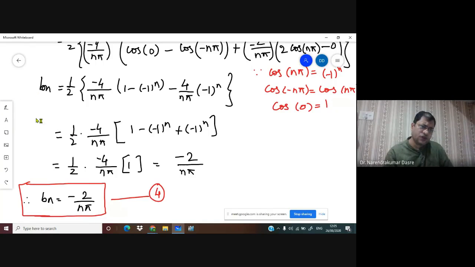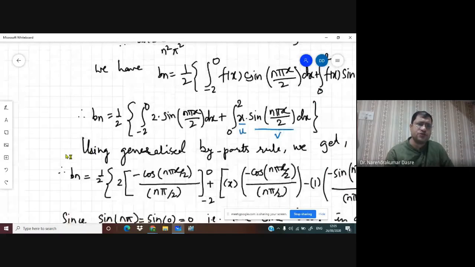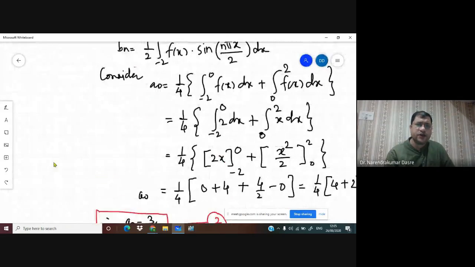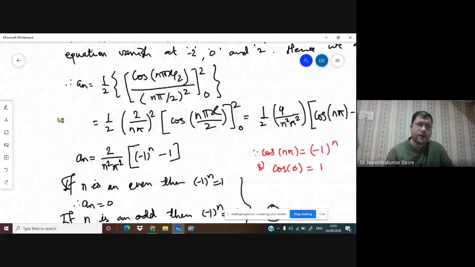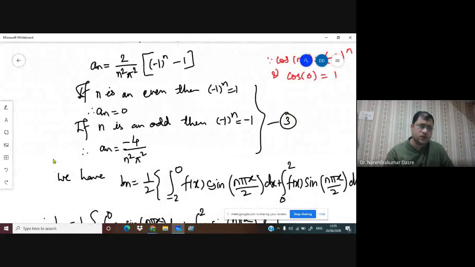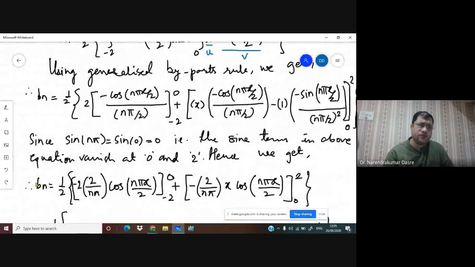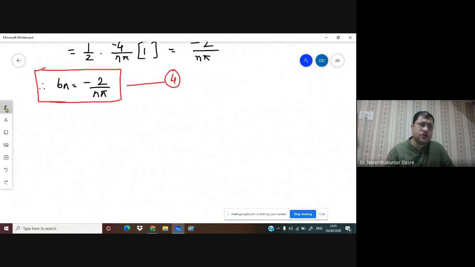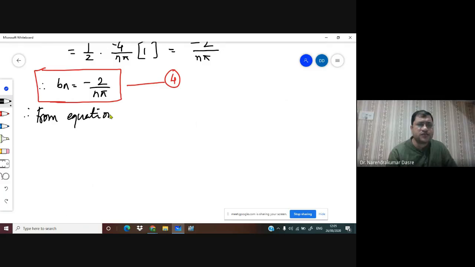Now we can see we have got all the values. So we got A0 3 by 2. We got An for odd terms, and then we have Bn for all the terms. So we can write the Fourier series, and hence we can write from equation 1, 2, 3, and 4